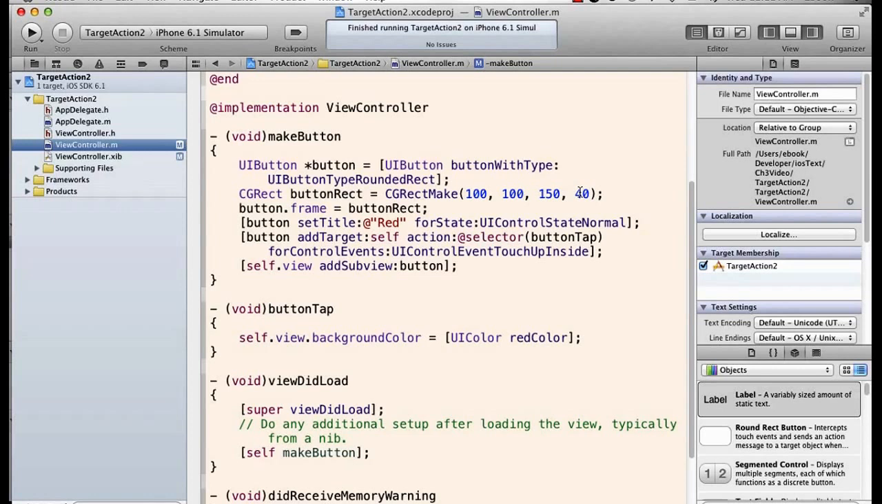The action is a selector, and we've created a selector for the button tap method. And here's button tap again. And then the control event that we've used is UI control event touch up inside. Now, if we can't remember that long designation, then we can go back and type our colon and then start